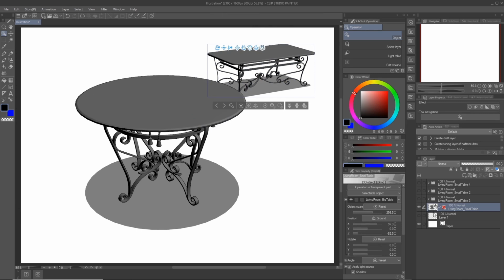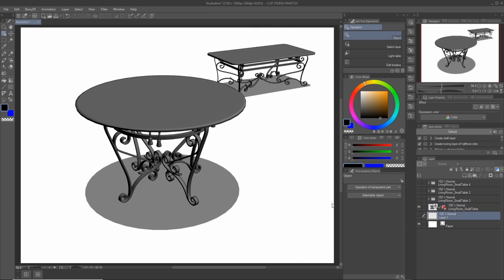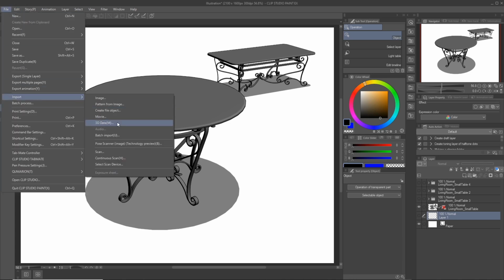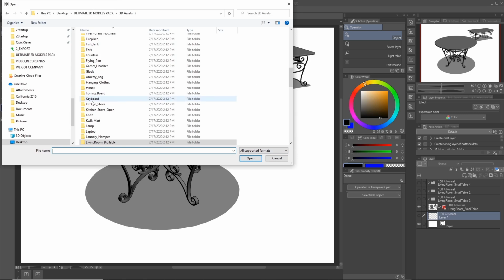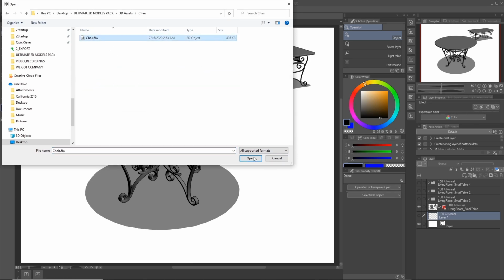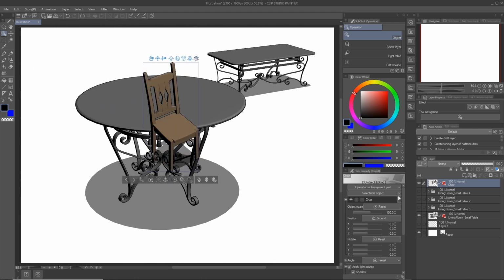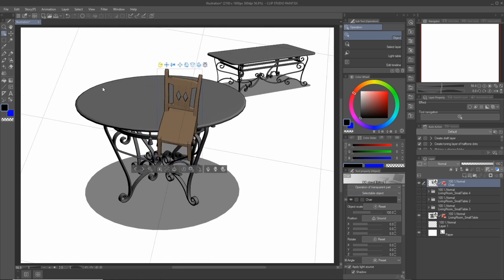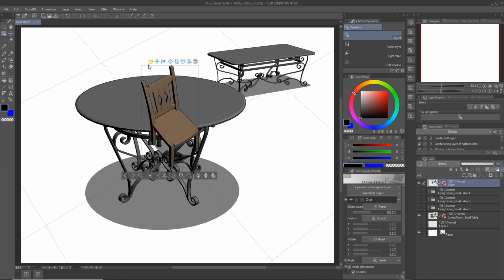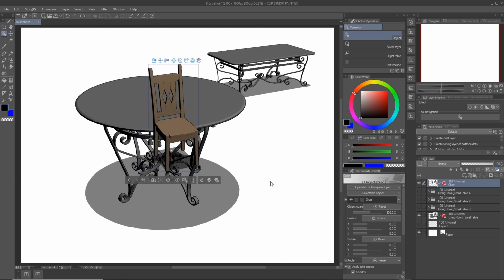directly onto the first. If, for example, I were to select a different layer, go to File, Import 3D Data, and let's grab something else completely different. Let's grab a chair, and I import that. You'll notice that this 3D object, because it was on a different layer when we imported it, is obeying a different 3D perspective. Now that might seem a little confusing, but basically the rule of thumb is if you want your 3D objects to exist in the same 3D world space the same way that these two tables do, make sure that you import the next 3D object into the same 3D layer, not a different 3D layer, okay?